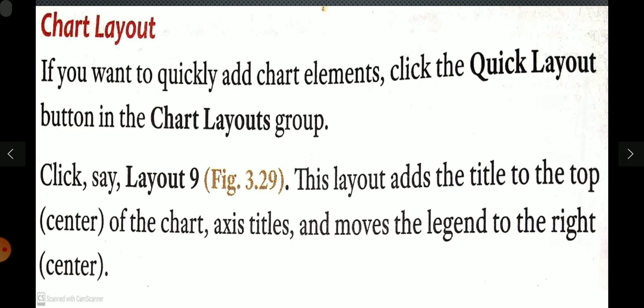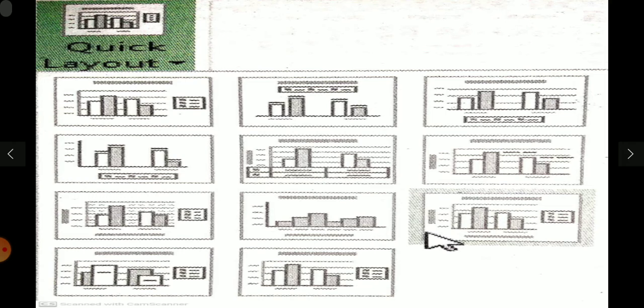Let's understand this by the given picture. You can see the quick layout option, and you can view many types of charts, but the data is the same. How it should look, we can select by this quick layout option. You can observe the differences between these charts.